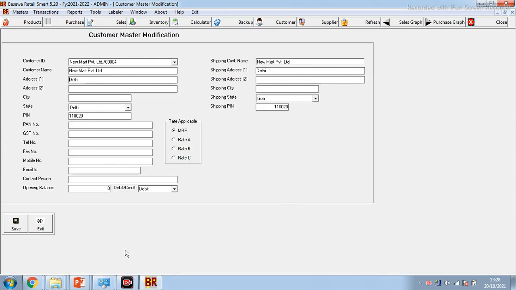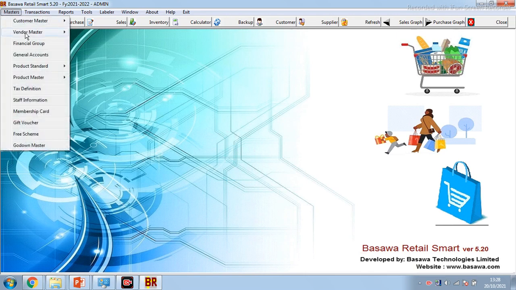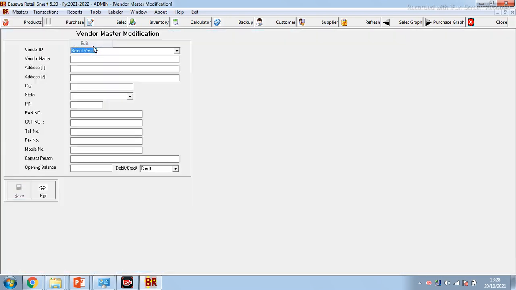You can define that. There are also 4 types of rate features: MRP, rate A, rate B, and rate C. I will show you this demo later. In the same manner, you have to define your vendor: name of the vendor, address, state, PIN, and city.